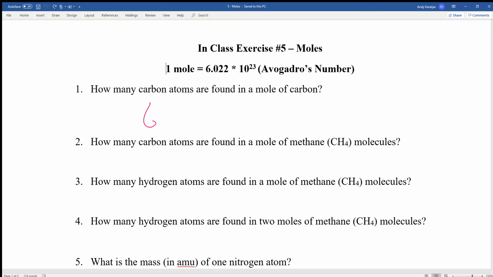And as we said before, 1 mole of anything, whether it's a mole of carbon atoms, a mole of methane molecules, a mole of water molecules, or a mole of elephants, that means we have 6.02 times 10 to the 23rd of that. For an atom,